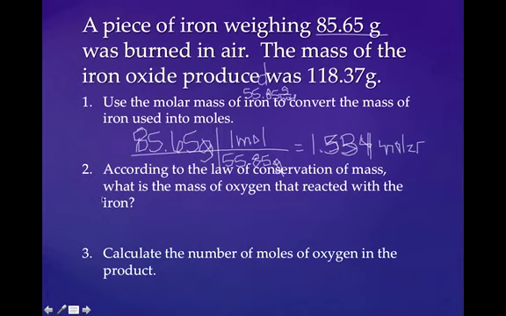insane. According to the law of conservation of mass, what's the mass of oxygen that reacted with the iron? Well, if we had 85.65 grams of pure iron and we produced 118.37 grams of the iron oxide, to figure out how much oxygen we used, we just take the mass of the iron oxide